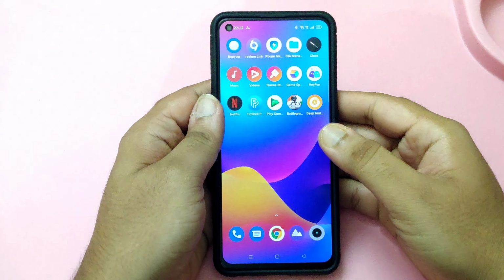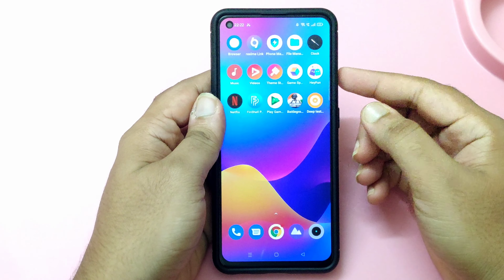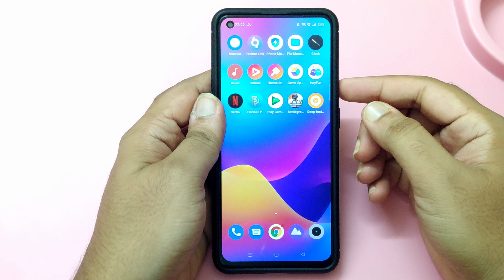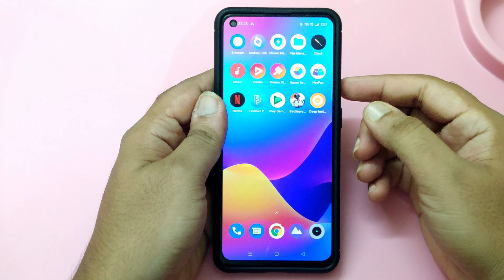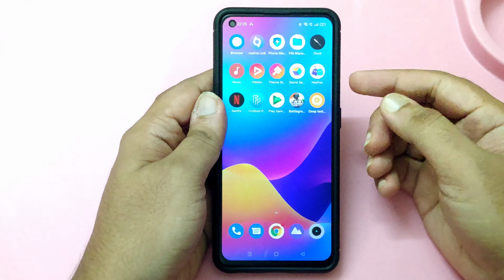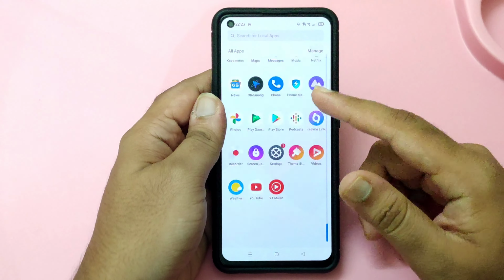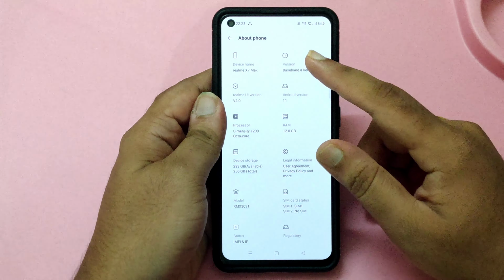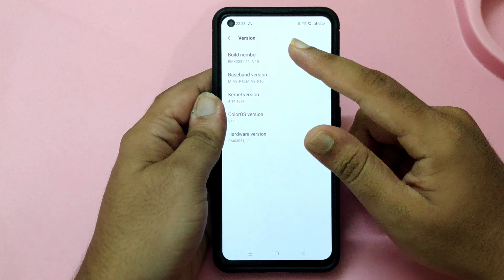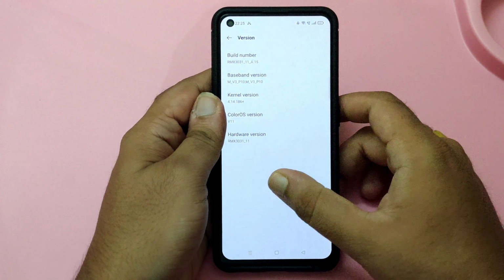In this video, I'm going to unlock the bootloader of Realme X7 Max. Actually, there are some videos on YouTube, but I just wanted to make one more to clearly tell how to unlock the bootloader of Realme X7 Max. Right now I am on the A15 firmware. As you can see here, and as I also showed in the previous video, this is A15 firmware